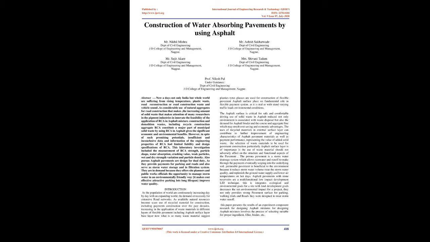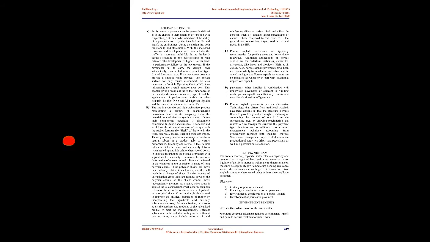Permeable pavement is beneficial to the environment because it reduces storm water volume, treats storm water quality, replenishes the groundwater supply, and lowers air temperatures on hot days. Asphalt pavements with stone reservoirs are a multifunctional low-impact development, LID, technique. This integrates ecological and environmental goals for a site with land development goals and decreases the net environmental impact of a project. They not only provide a strong pavement surface for parking, walking trails, and roads, they are also designed to treat storm